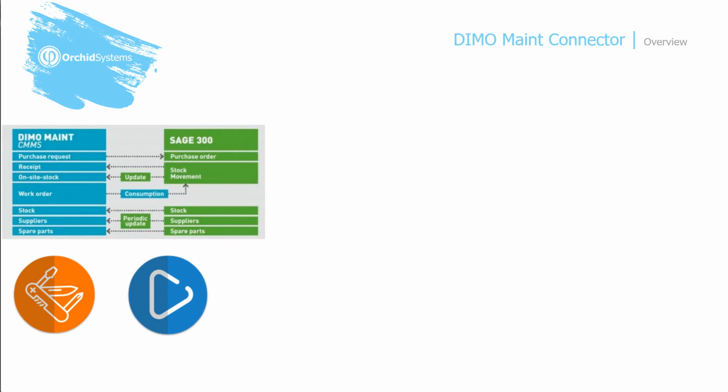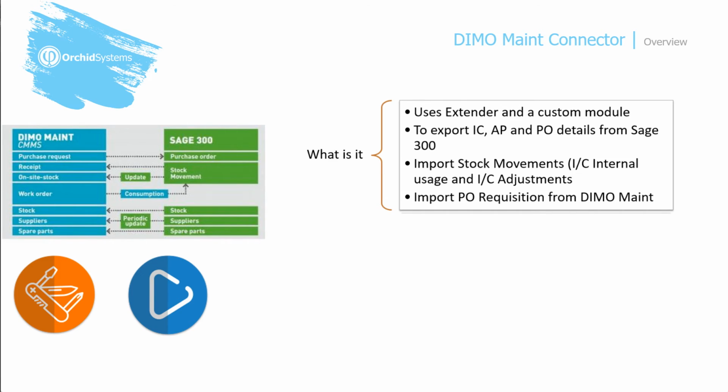Then we have periodic updates of details from Sage 300 into DemoMain when stock movements happen, when PO receipts are processed, when AP vendor details change, or when stock details, IC details change. The connector uses Extender and a custom Extender module to build the